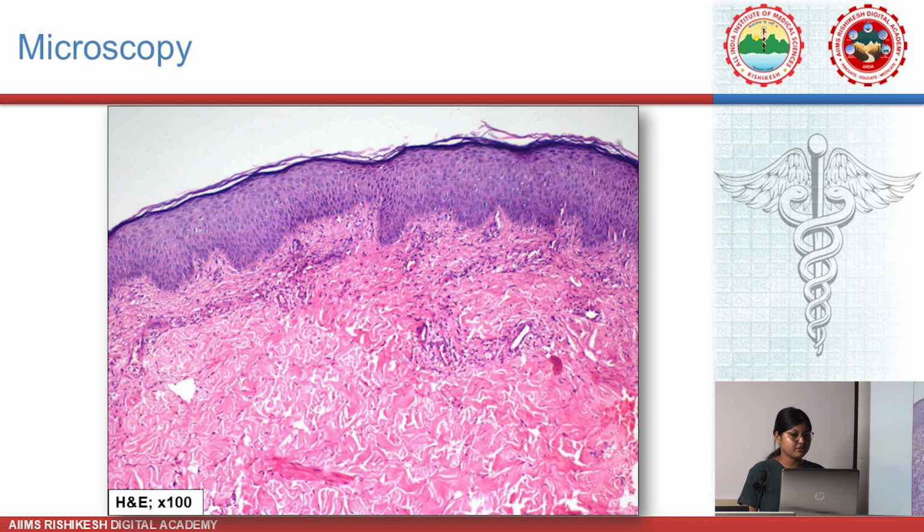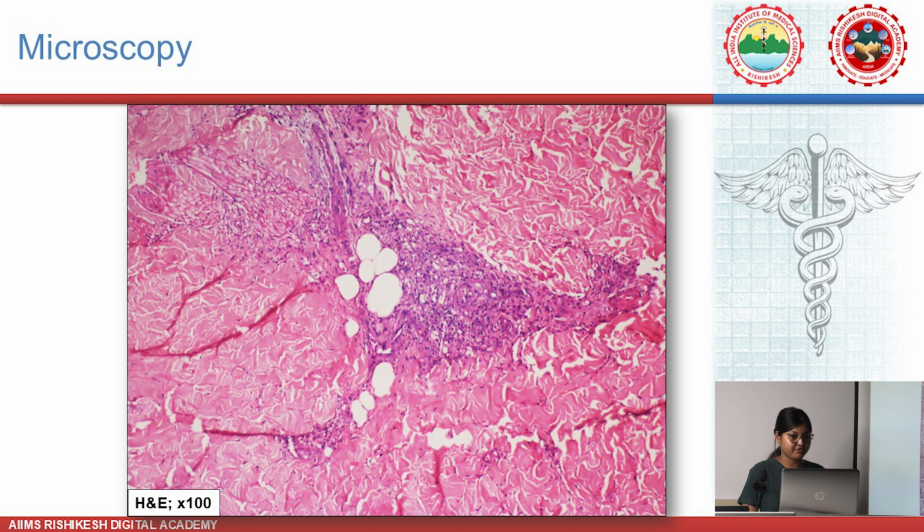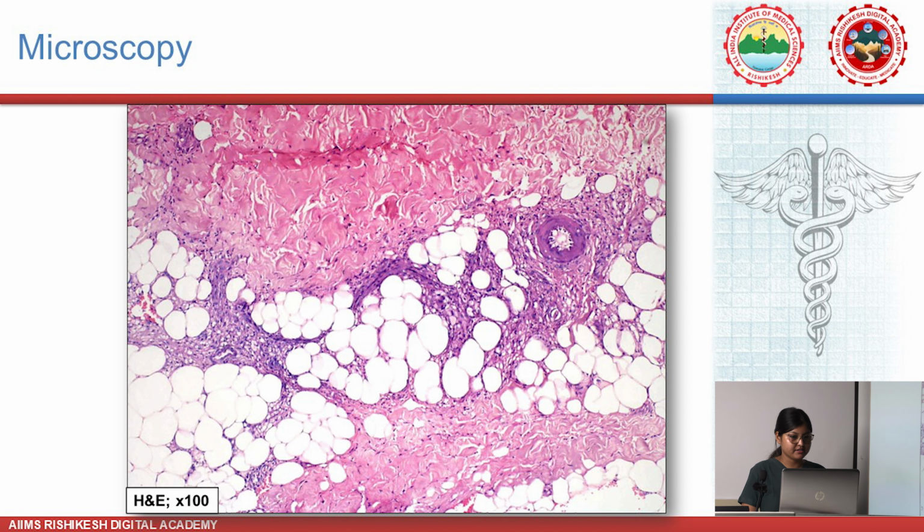The upper dermis is showing perivascular inflammatory infiltrate. The mid dermis is also showing sheets of this inflammatory infiltrate, and it is showing some clear cytoplasm cells, which are basically the foamy histiocytes. The inflammation is continuing deep down in the lower dermis, as well as the subcutaneous fat, which is showing inflammation and also some neutrophils causing panniculitis. This is a medium-sized blood vessel. These are the fat lobules, and the inflammation is going within the fat lobules. It is a kind of lobular panniculitis.